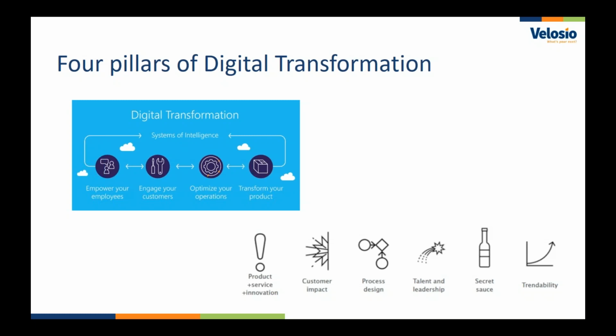How do you get the right talent and leadership in your organization that can carry these digital transformation initiatives forward? And ultimately, as an organization, every company has their secret sauce. And how do you enhance that secret sauce to really increase your competitive advantage to go to the market faster, better, and really, again, enhance those experiences? And lastly, trendability and leveraging the cloud, because it is repeatable. It's something you can really, from a cost perspective, from being able to leverage it to enhance your solutions, it gives you that consistency and trendability that you can rely on.